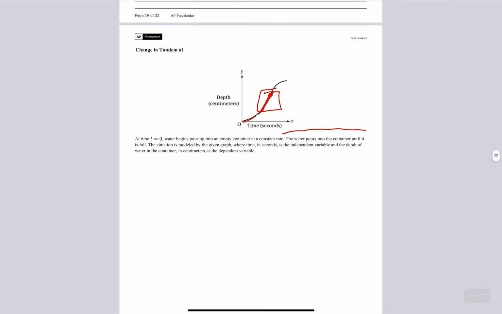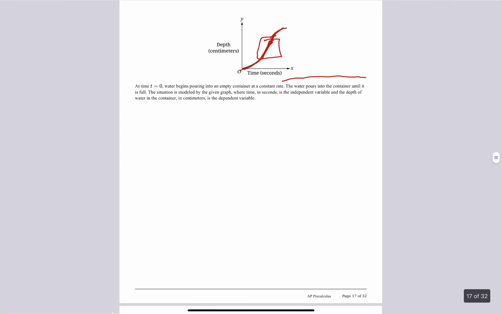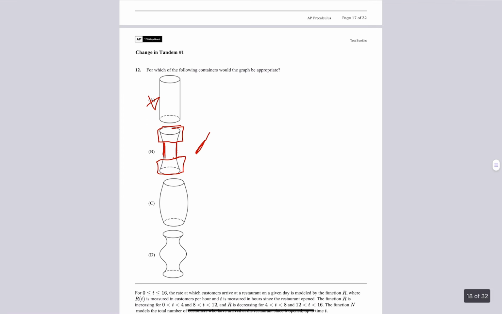You got some time for it to build up. In this case, it's definitely not A, because otherwise this would have been just like a constant straight line. But since we have a constant straight line through the middle, and here we go, some variations going on,